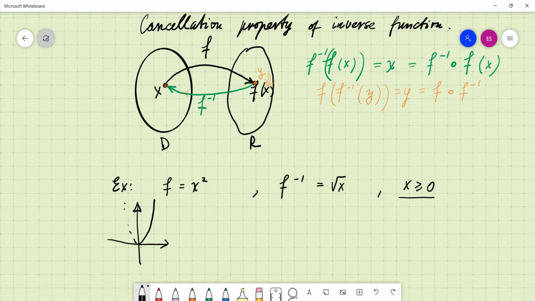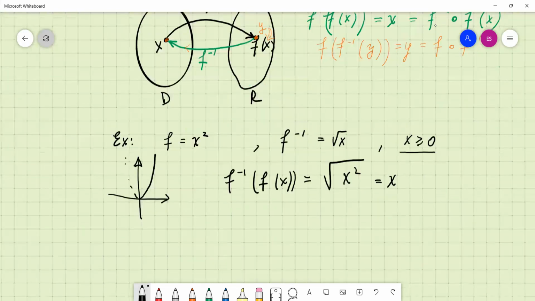Well, let me write the first part of the cancellation rule, f inverse of f of x. What is f inverse? That's a square root. I'm going to write down square root. Instead of x, I'm supposed to use my direct function, x squared. If you extract the square root of x squared, you're going to get x back. Normally it's going to be positive x, but because our x's are originally positive only,